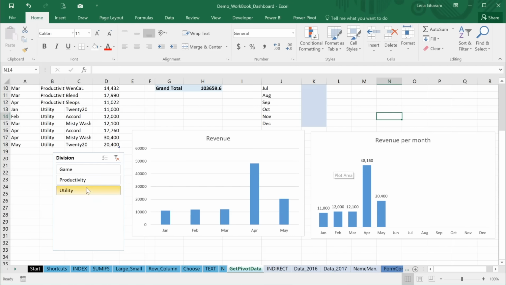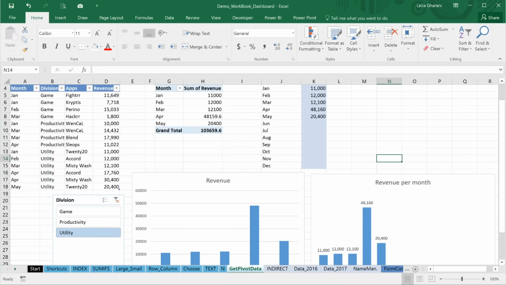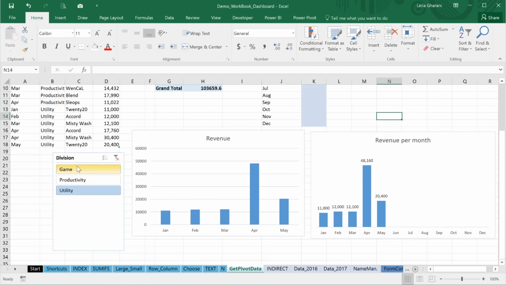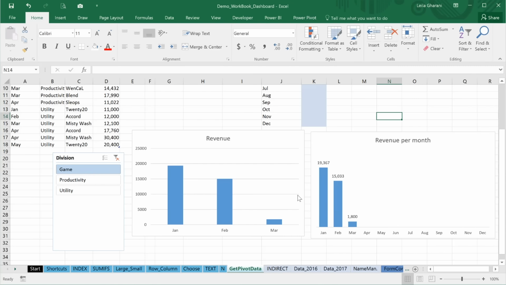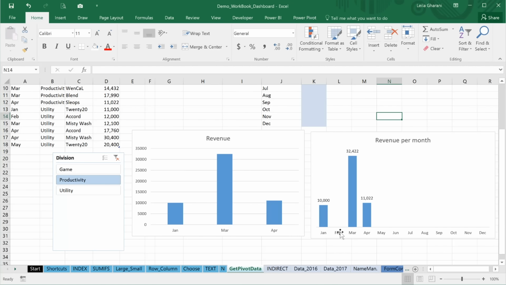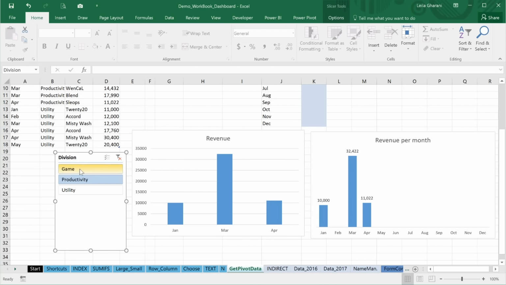And this chart is also connected to the slicer because it's connected to the pivot table indirectly through this GETPIVOTDATA functionality. So when I click Game, see how this looks? When I click Productivity, see how this looks versus this one. Now you can improve the design of the